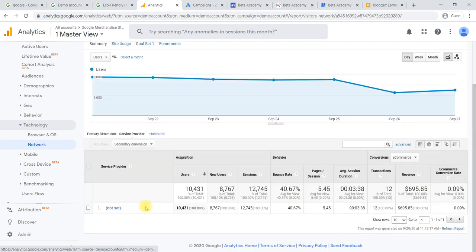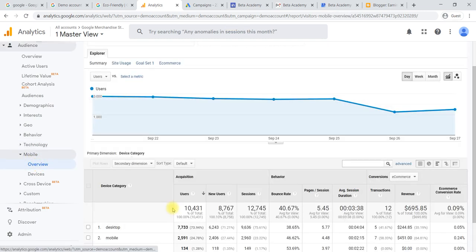And network basis is nothing but from where you are getting traffic. We don't have any data like which operator it is, Airtel, Jio, like that. From which network we are getting data, in the sense visitors are coming from, which internet they are using. We don't have data here. Separate data is not available for this particular campaign. Then it comes to the mobile,